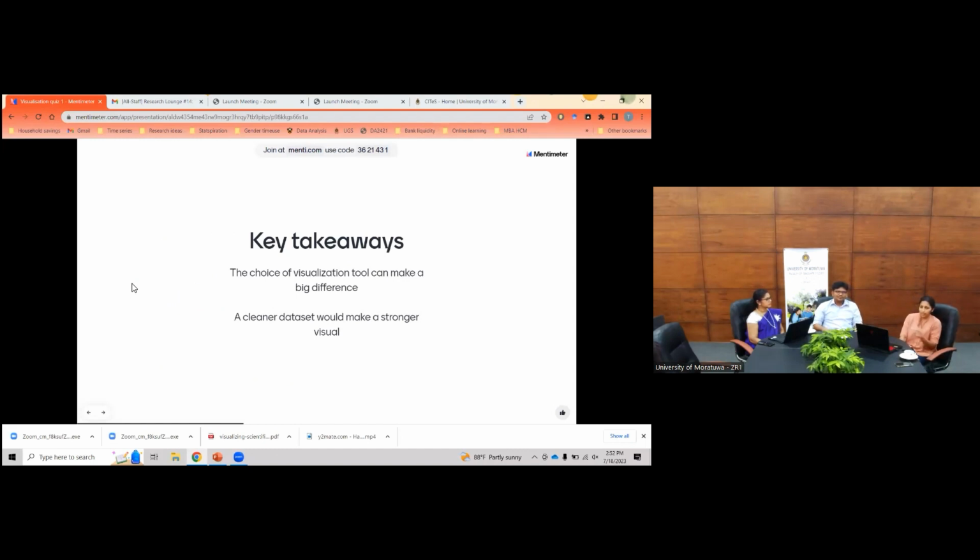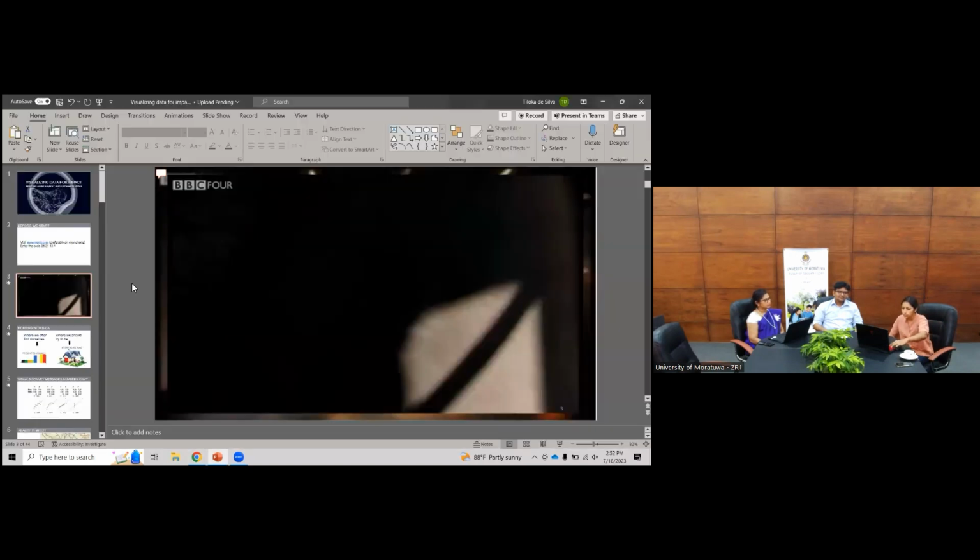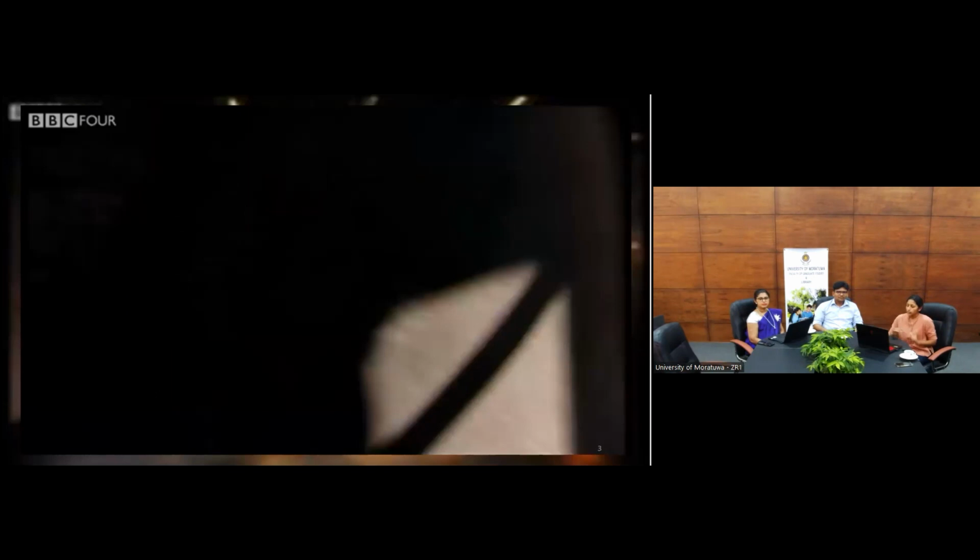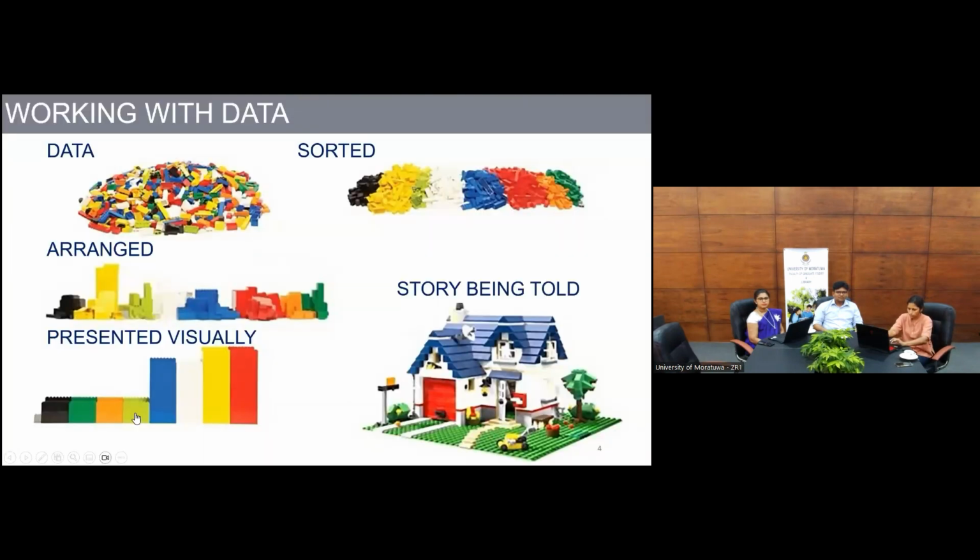But underlying that is the pre-processing and data cleaning part, which is integral to anything, not just visualization but any of your analysis as well. So if we were to get back to PowerPoint. Okay, so when we work with data, and all of you as researchers are used to working with data,